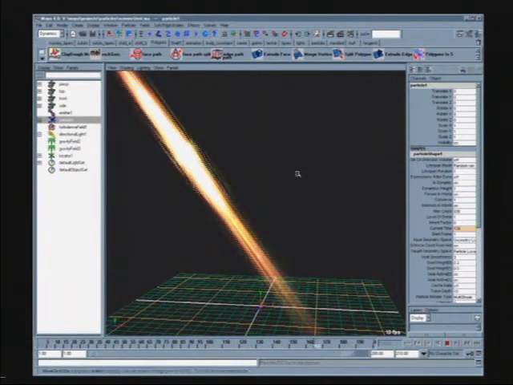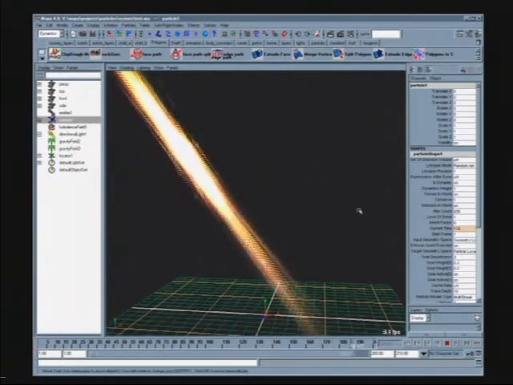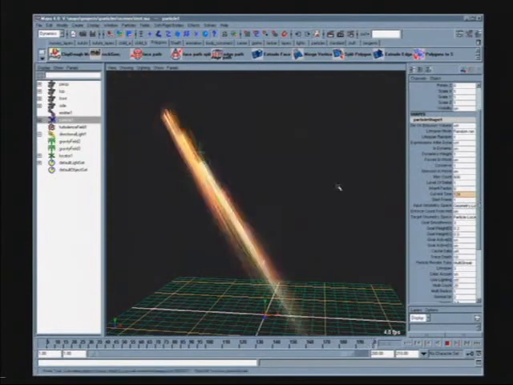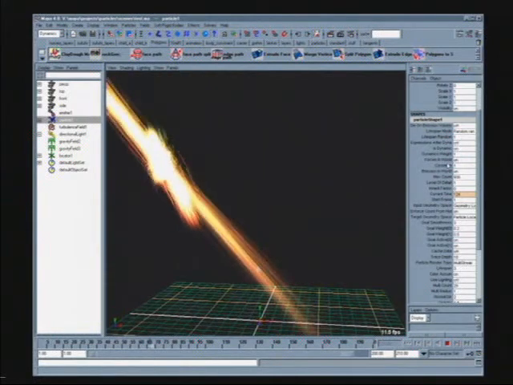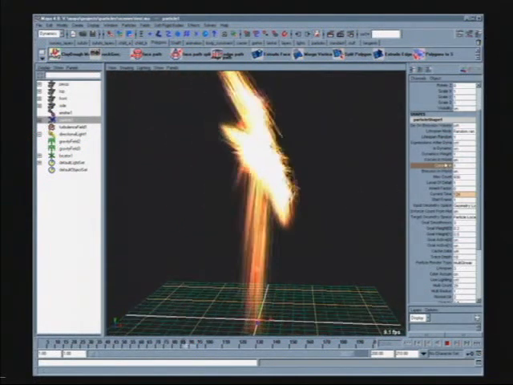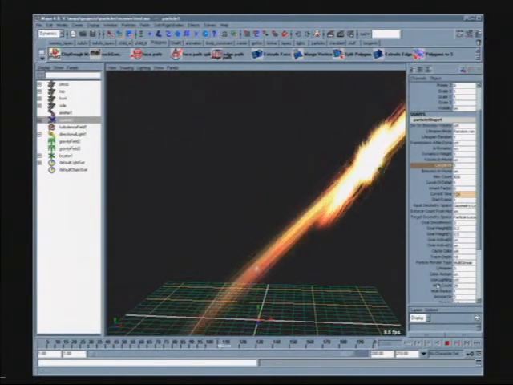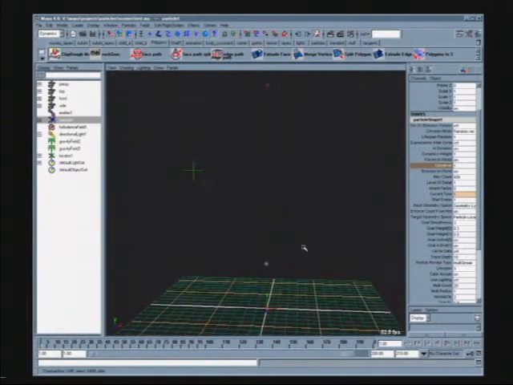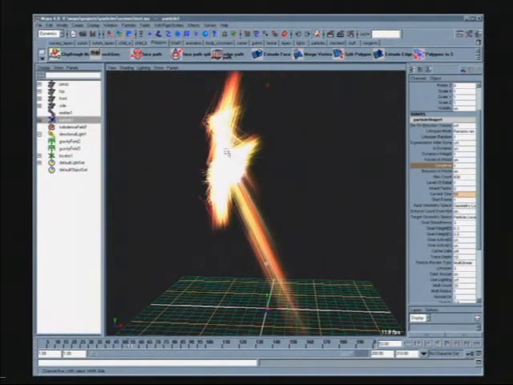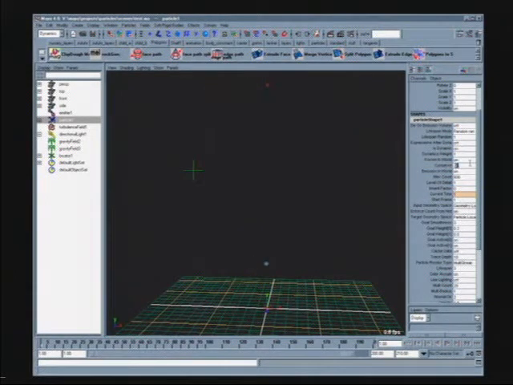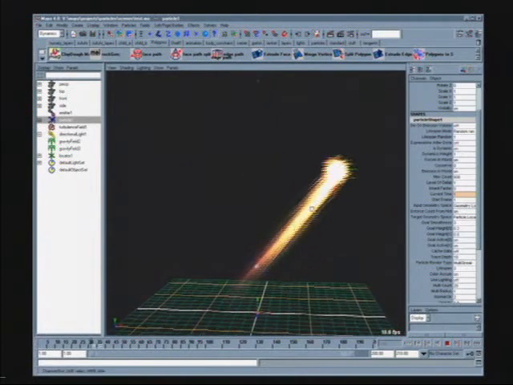So the first thing to point out as far as why the particles are behaving the way they are, it's related to a few attributes that are on the particle object. The first thing is this particle does have a conserve attribute. Conserve means conserve momentum, and so what we're looking at here is that the particles are flying towards the locator. They're shooting past the locator and then coming back towards it, because when they conserve momentum, they tend to have an oscillating motion. If I set the conserve to 0 on my particle object, all of a sudden we'll see this,